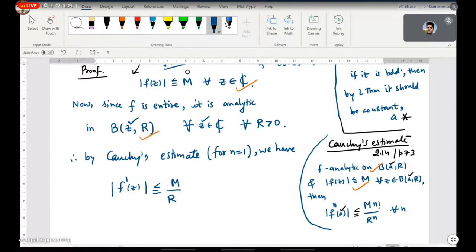And class, take a note. This is for all r greater than 0, because there was no binding on r or on the choice of z. And the reason is that our function is entire. So we could take any ball centered at any point in the complex plane, right? Yes, sir. So therefore, letting r tend to infinity, making it as large as possible, we have